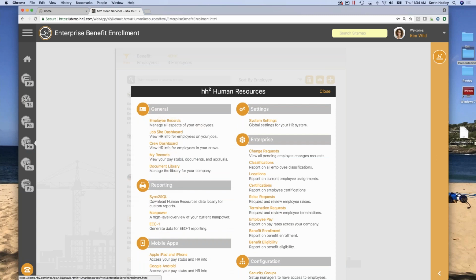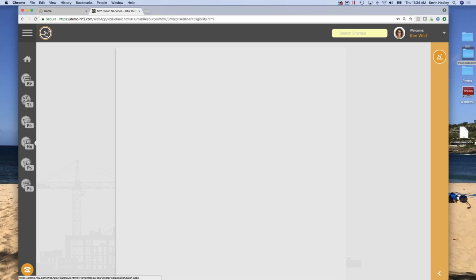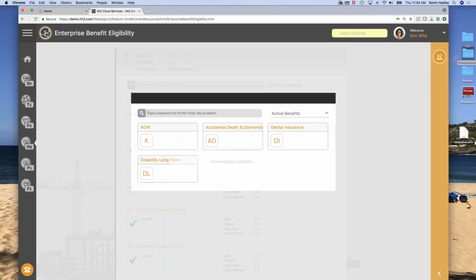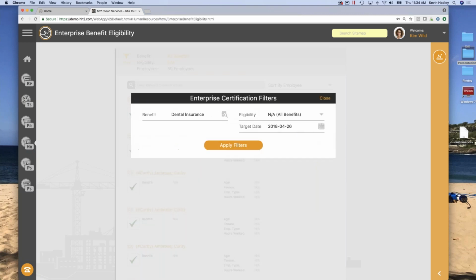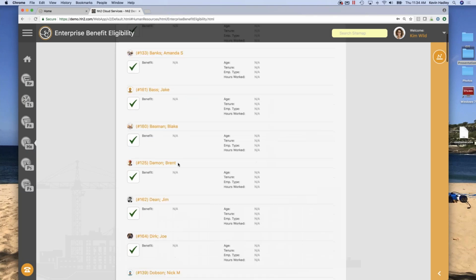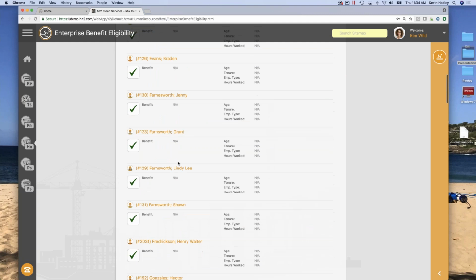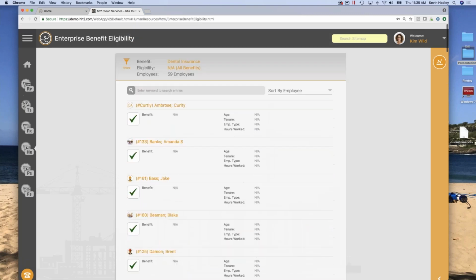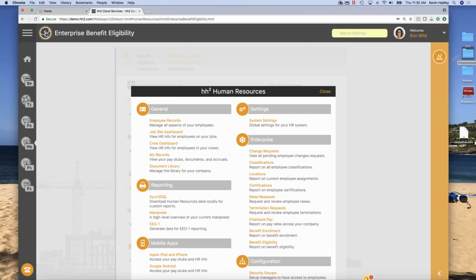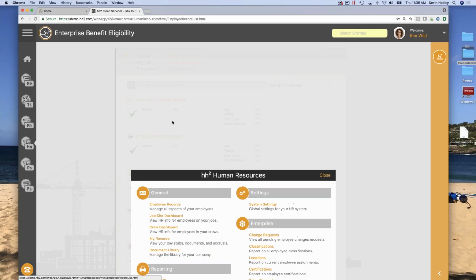So I can do benefit enrollment, or I can do eligibility. And again, based upon how you've set things up, show me everybody today that's eligible for dental insurance. Right now, because we don't have those parameters, everybody in the company is available for those benefits. So just some nice reports that I'm able to see and keep track of there.